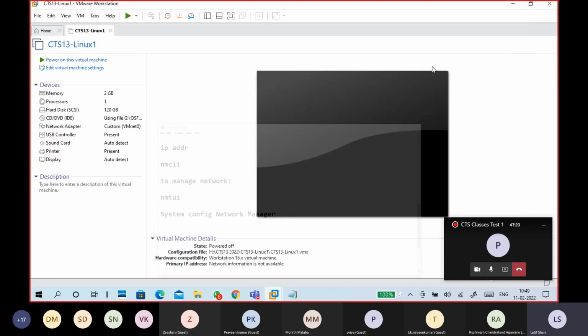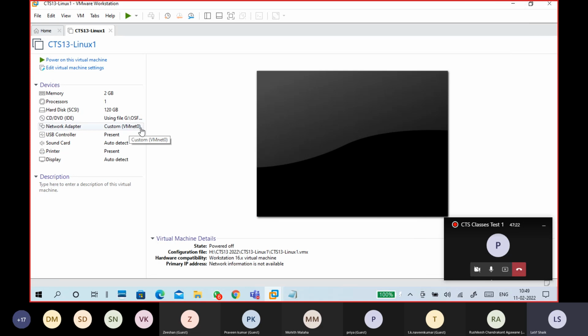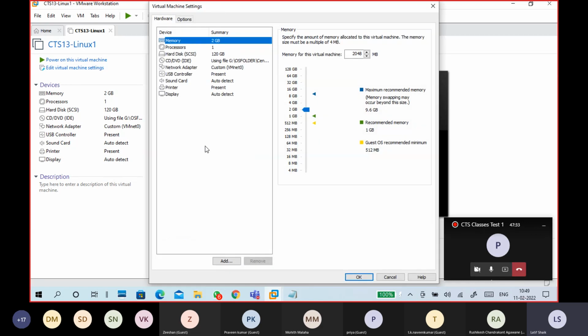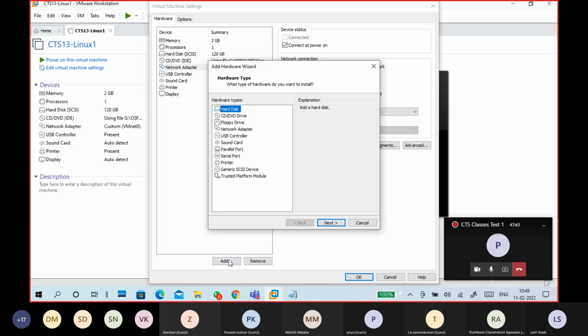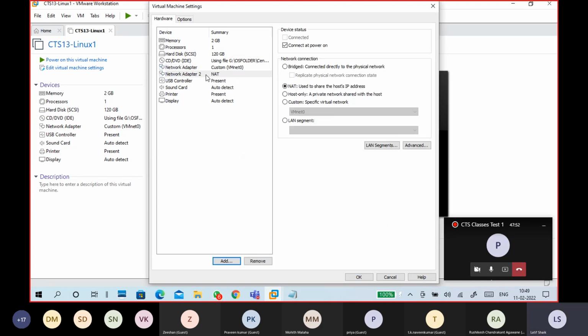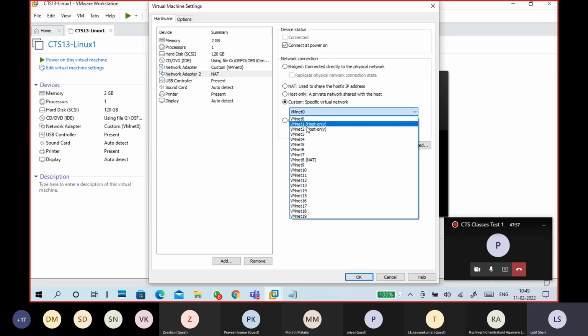I will show you that one, guys. I don't want to touch my ens33 by converting it into this one and that one. I just want to add one more adapter, and then I will try on that one. I don't want to disturb my existing network. It is already connected to my router with DHCP. I'm just adding another network adapter so that I can manage it. So this is my second network adapter. I'm going to VMnet 1.